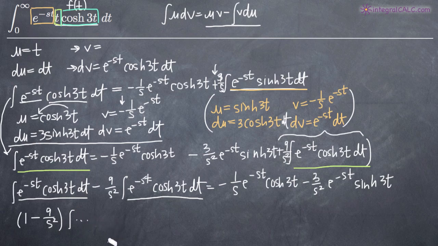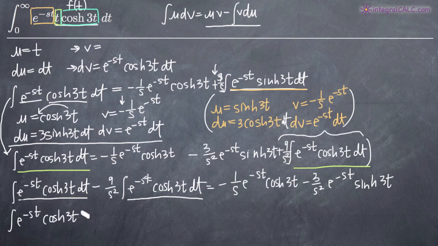So we have that times the integral equal to the right-hand side. Well, in order to solve for the integral, we'll just end up dividing both sides by this 1 minus 9 over s squared to bring it over to the right. So what we'll have is 1 minus 9 over s squared times the integral of e to the negative st